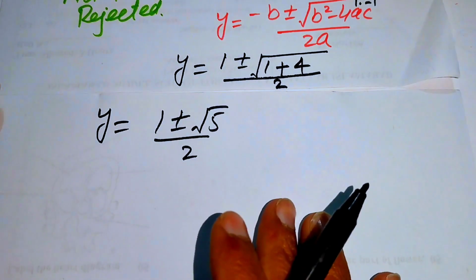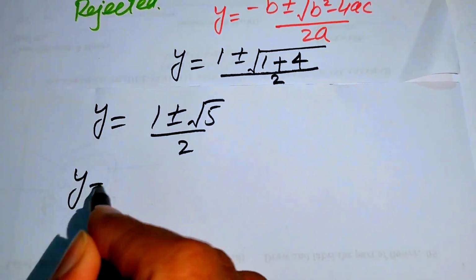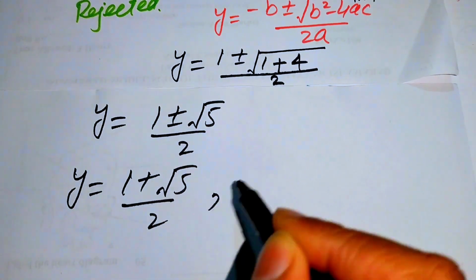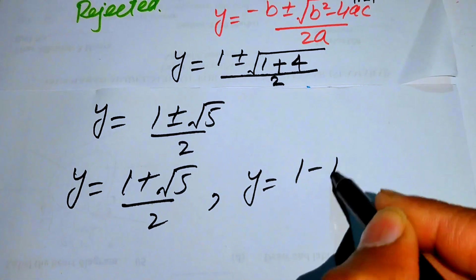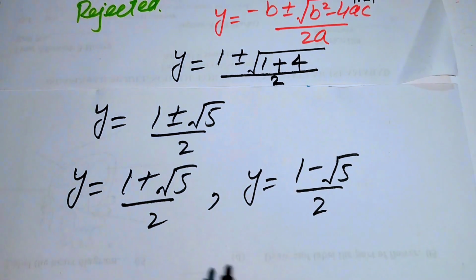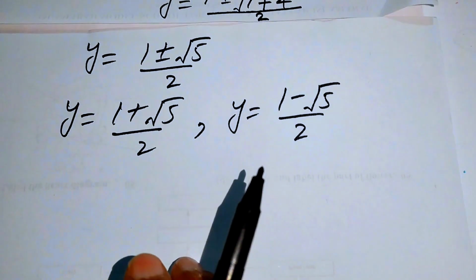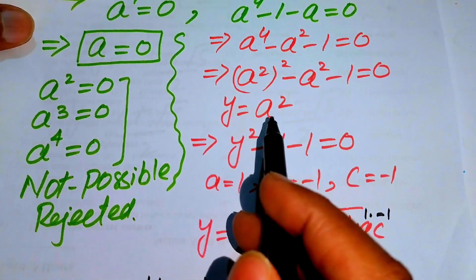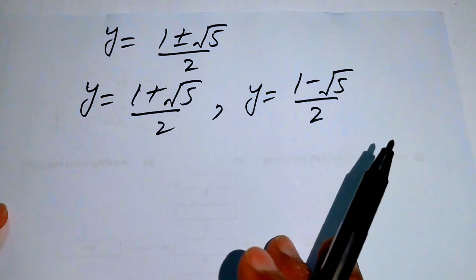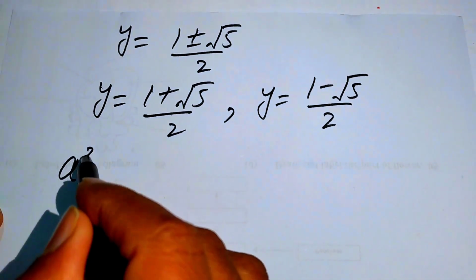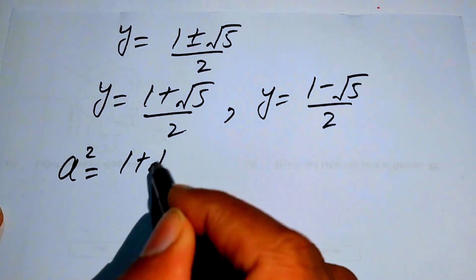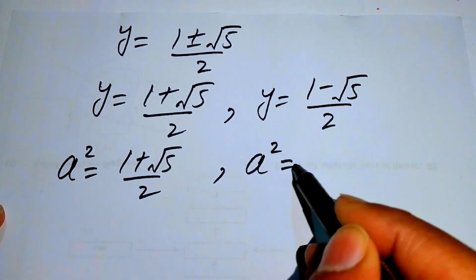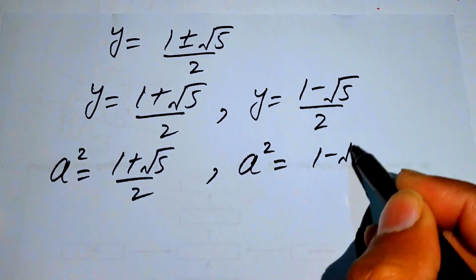And now we convert this into two cases. First we write the positive value, which is y equals 1 plus square root of 5 over 2, and its negative value is y equals 1 minus square root of 5 over 2. So here we put the values of y, and since we took y equals a square, we put the value of y in both of these cases, and here we get a square equals 1 plus square root of 5 over 2,